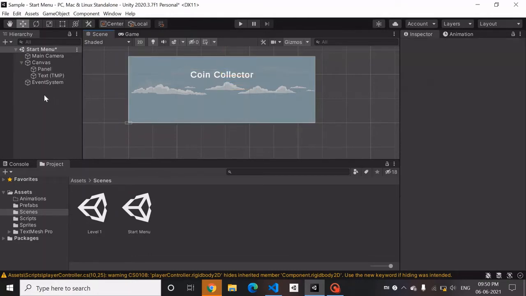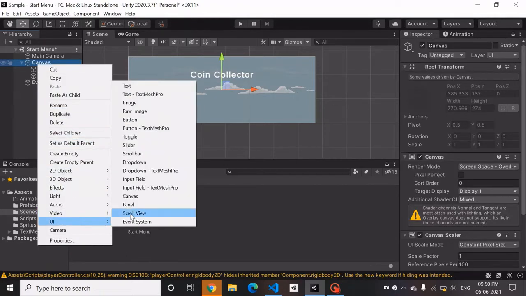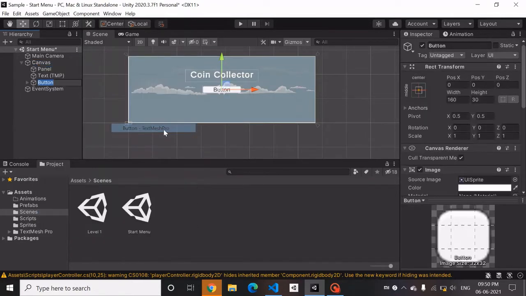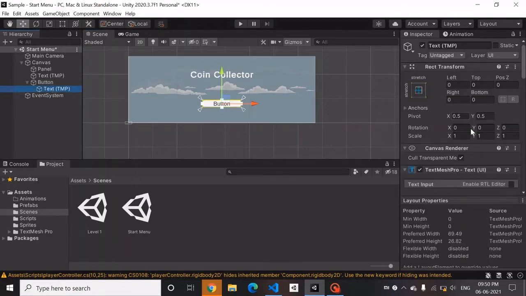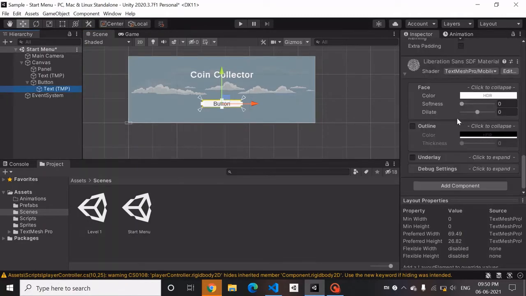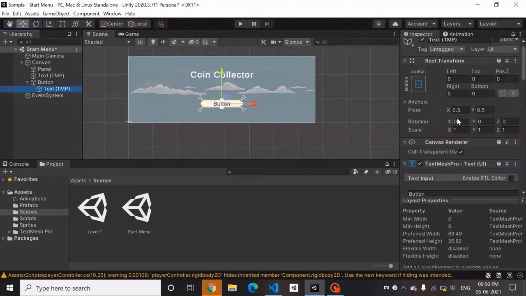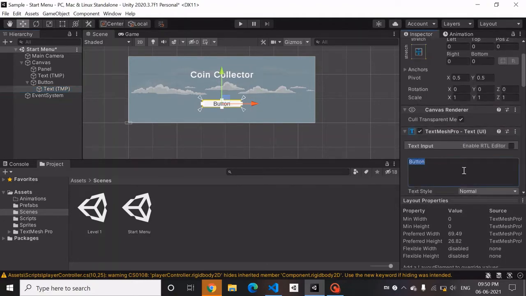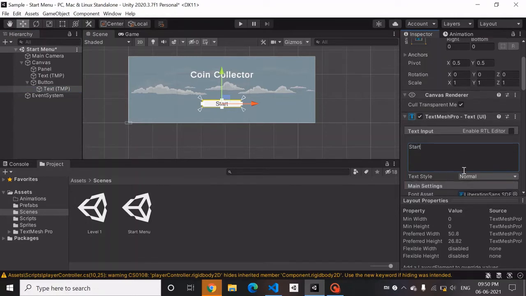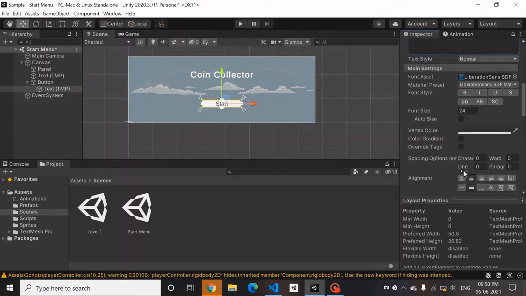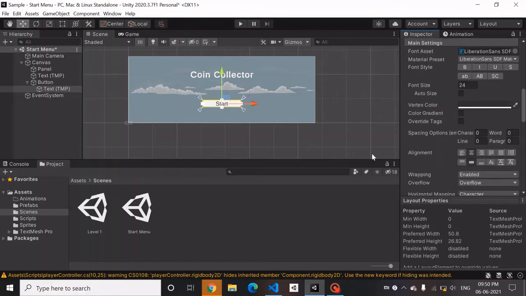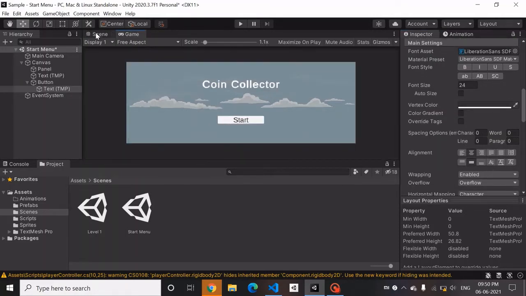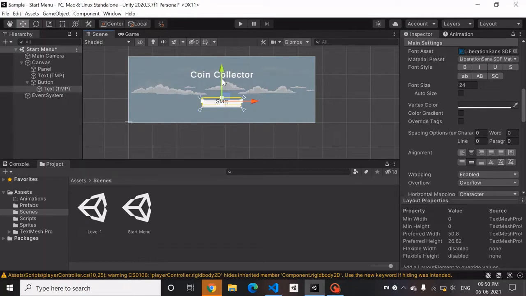Let's add the start button. For that, we just add a child called button, which is of type Text Mesh Pro. It already creates a button with a nested object called text, and we'll go to text and we can rename it to say start. I think everything else looks fine.